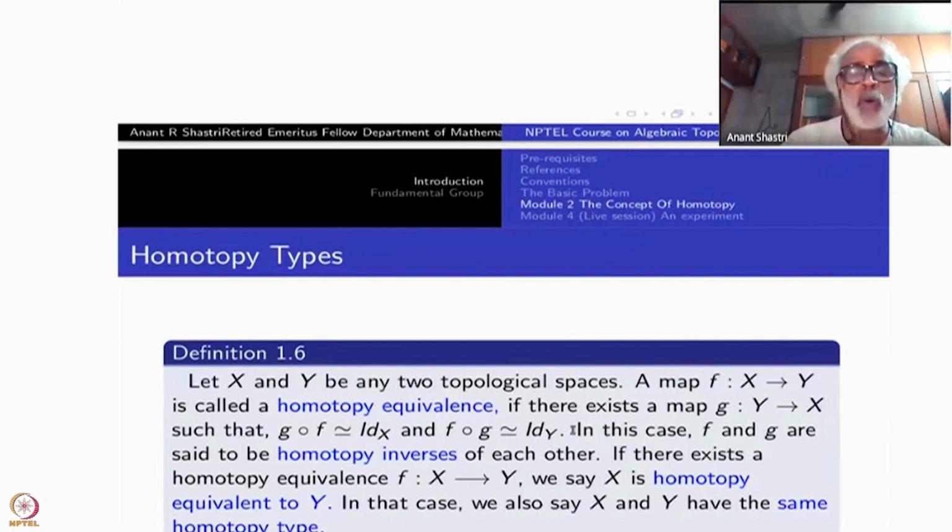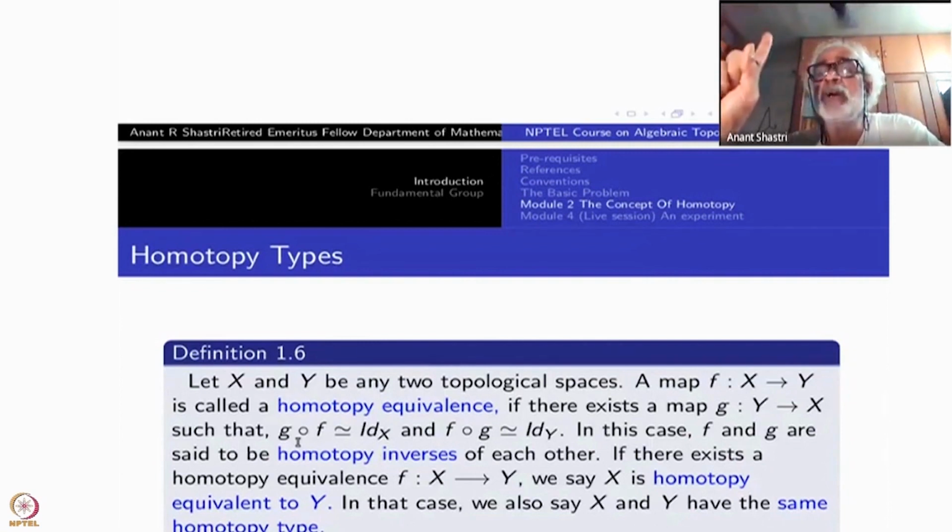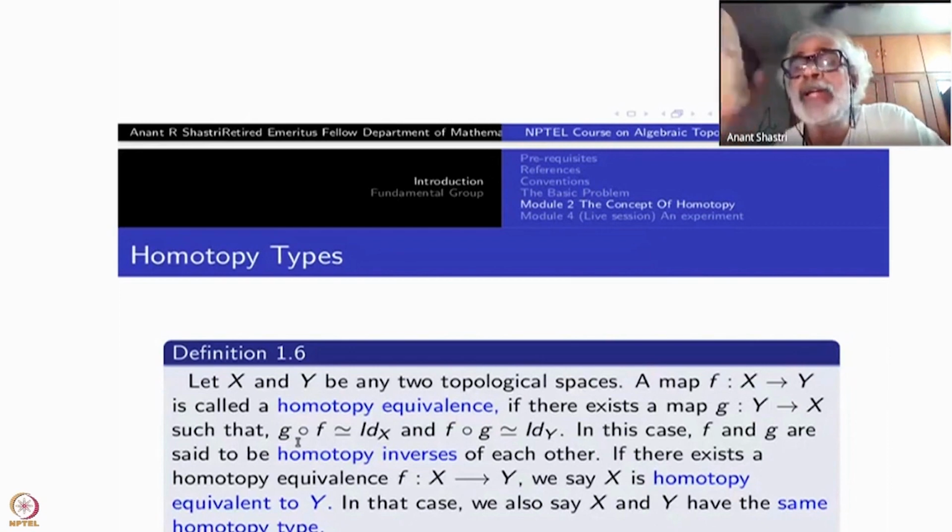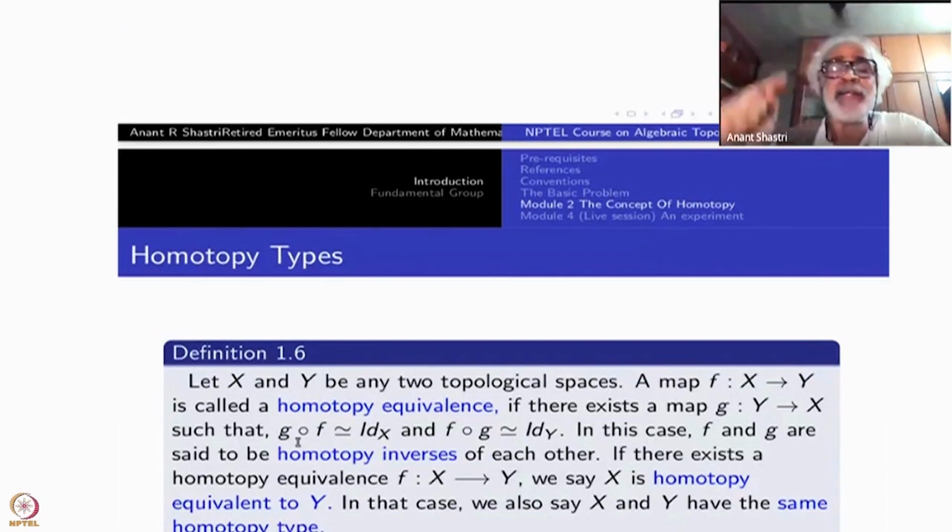Such a thing is called homotopy inverse. g will be a homotopy inverse. The point is, there may be many g which satisfy this property. Yet, the homotopy class of g is the only one, if at all it exists. There may not be any. Given any function, there may not be any inverses, right? But if the inverse exists, the homotopy class of that is unique. So you can call that class the inverse of the class f, the homotopy inverse.